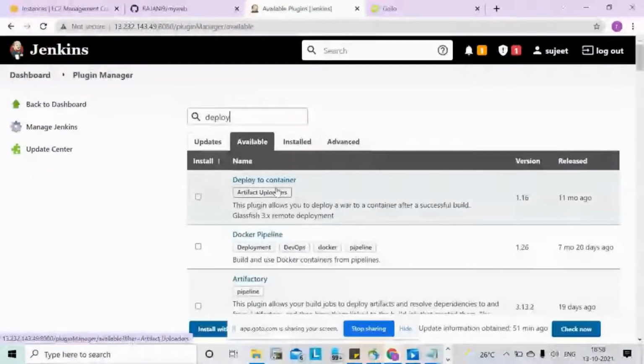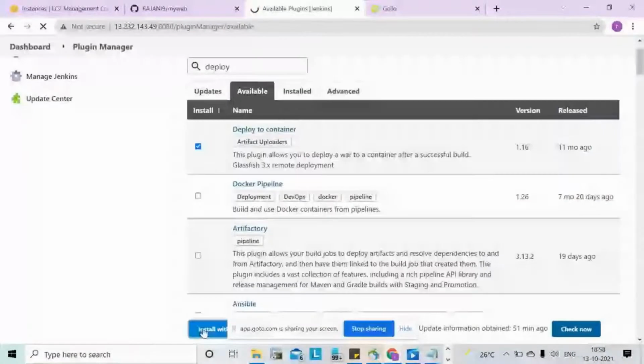Deploy to container, select this plugin. Why? Because this plugin helps to generate the war files in post-build actions. Install without restart.